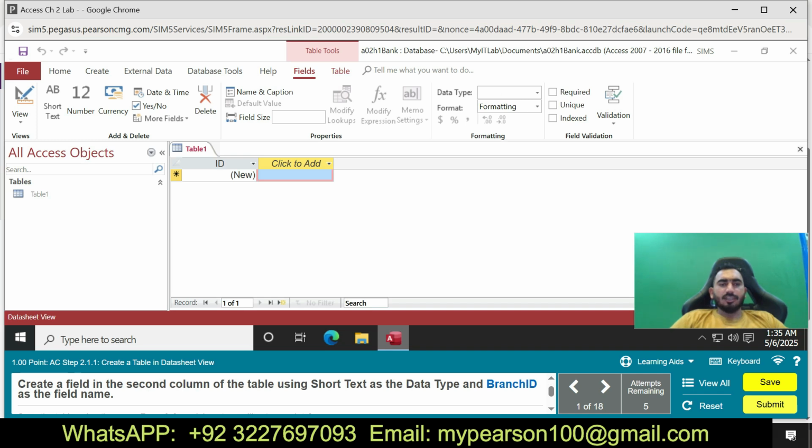Create a field in the second column of the table using the short text data type and then branch ID as the field name.